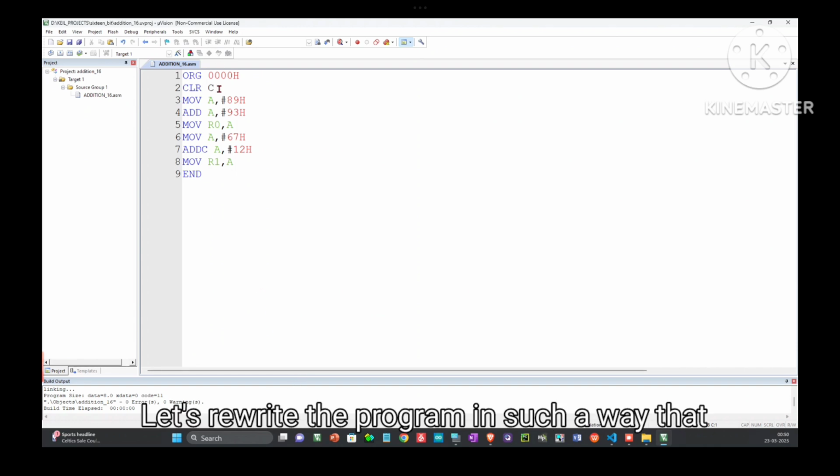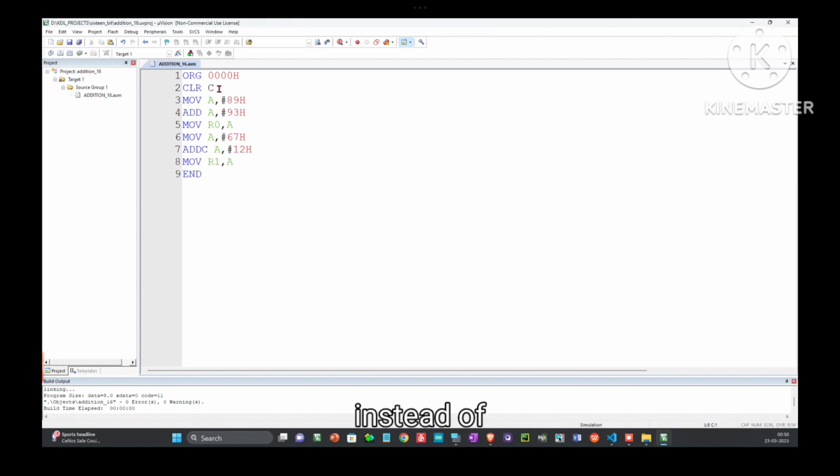Let's rewrite the program in such a way that instead of redefining the operands, we can take registers as the placeholder, and we can do additions in a general way. Instead of taking this 8, 9, we can take a register like R0,